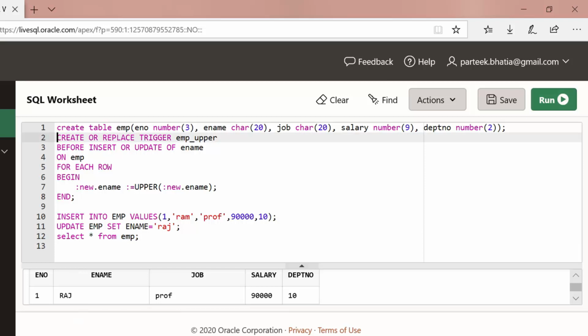You can clearly understand that by writing a simple trigger, we can ensure that every insert or update operation on ename will always store its value in uppercase. This trigger will be very useful for retrieving the values of these character type fields, because this trigger always ensures the storage of ename in uppercase.